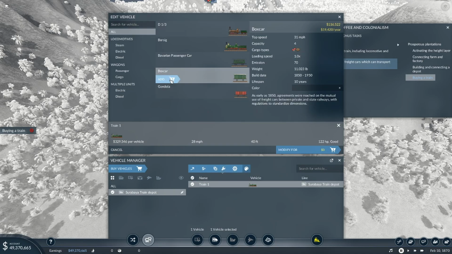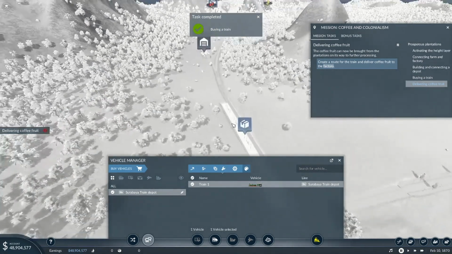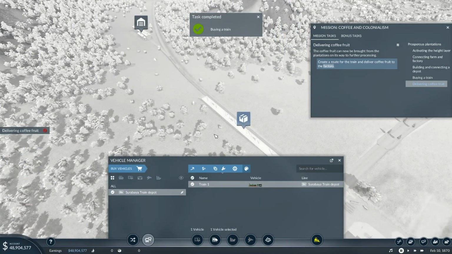All right, so let's add the box cars. 1, 2, 3, 4. All right, so that's good. That will solve that. We will modify train. The coffee fruit can now be brought from the plantations on its way to further processing. Okay. And I believe the next thing we need to do now here is